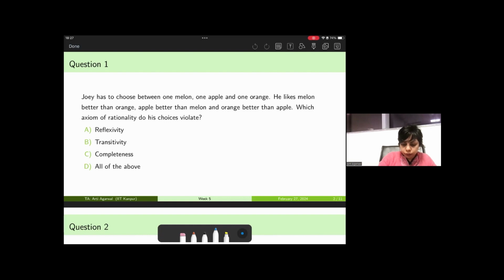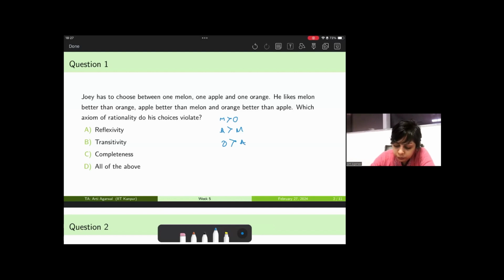Melon is better than orange, right? Apple is better than melon. Apple is preferred to melon is what the person is trying to say. And then he says orange is preferred to apple, right? So